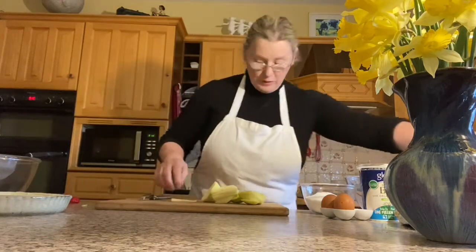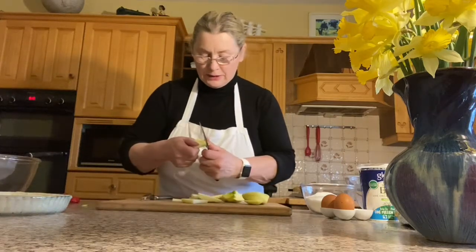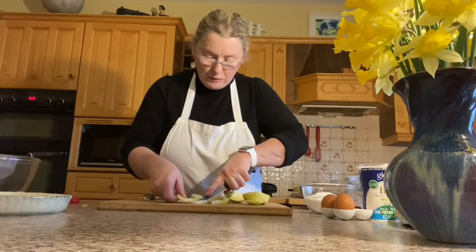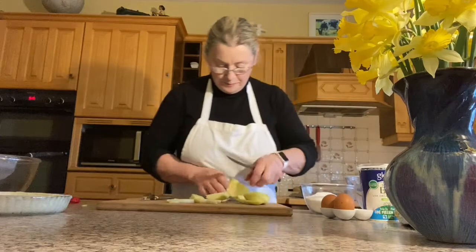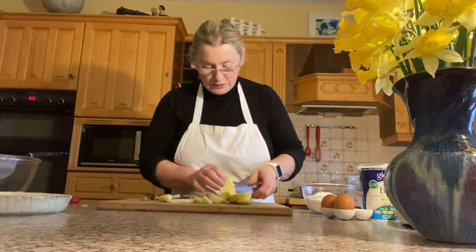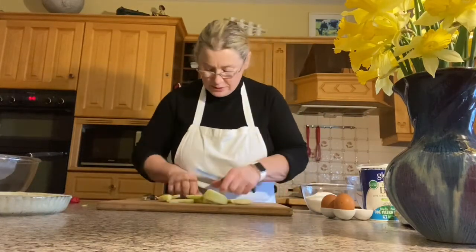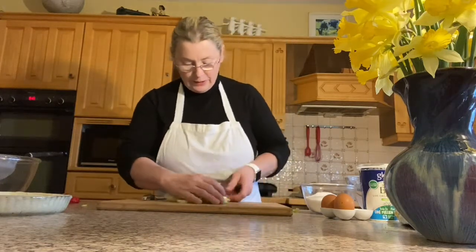Okay, check if any of them have bits of core like that. You take that out. Okay, because that wouldn't be nice in your cake. There's another one with a piece. All right, tiny bit of green there that I missed. So check it over like that, and if you find a few pieces of it,